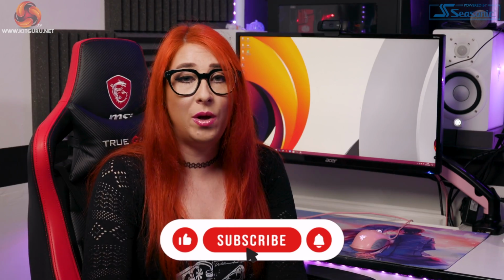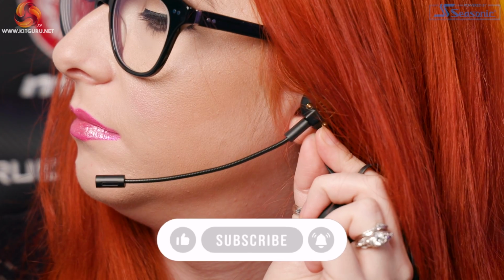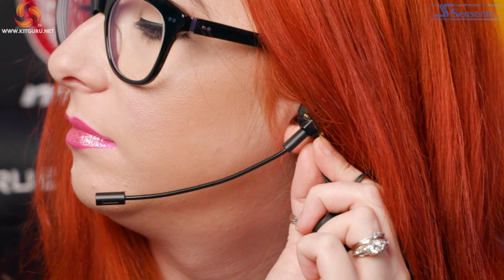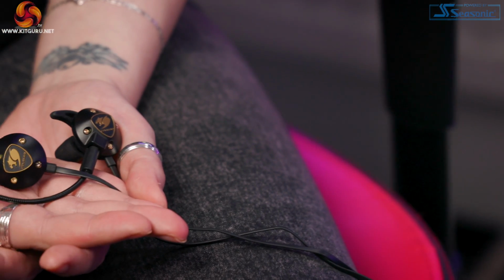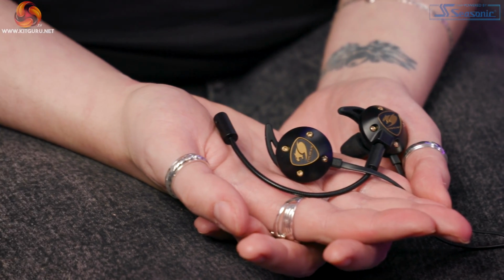So the Attila, when I could get them into my ears, they sounded great, bassy and well balanced with music, and when playing games, it was easy to hear small details as well as the big immersive sounds such as explosions, etc. Even at higher volumes, I really enjoyed the sound profile of this headset,